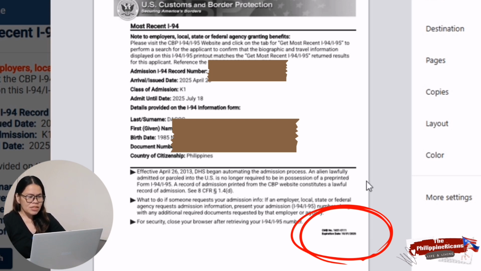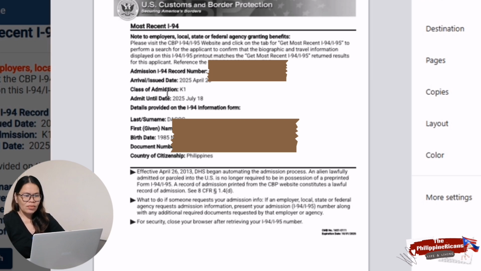So sometimes if you go to, let's say you're going to get an SSN or a driver's license, they will see the expiration of the OMB. So just make sure that before you go to their office, you have the most recent I-94 form. So yeah, you can print again and then you're good to go. And that's it. Very simple and easy.